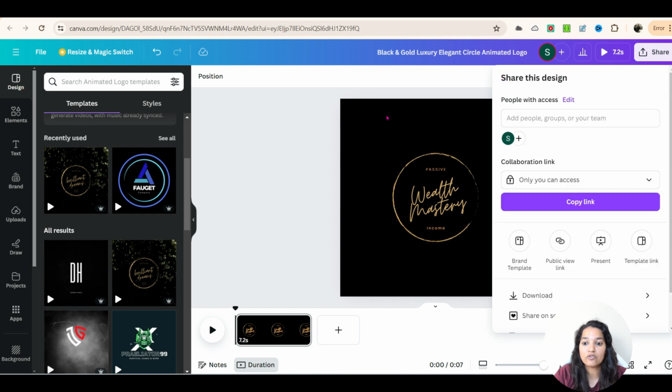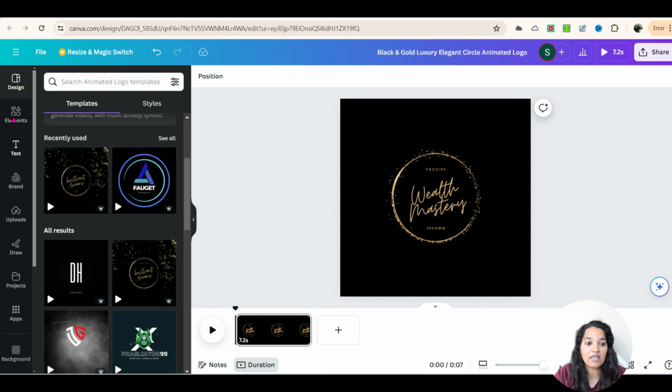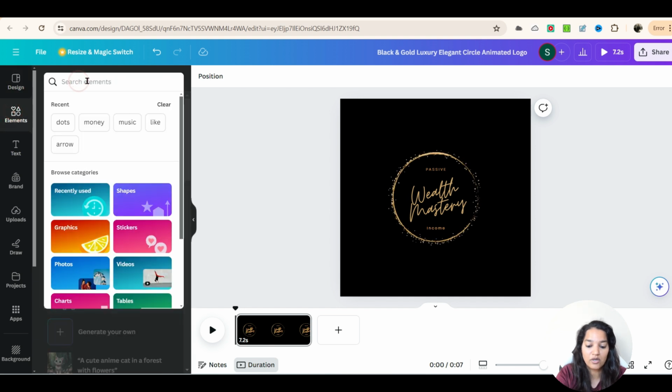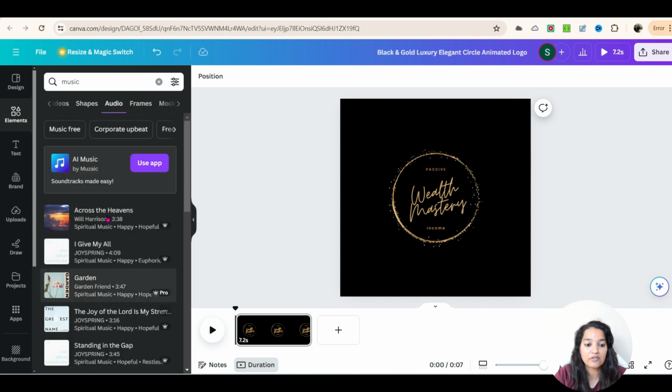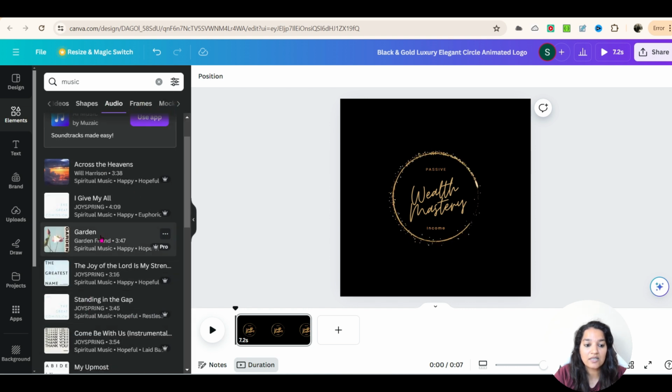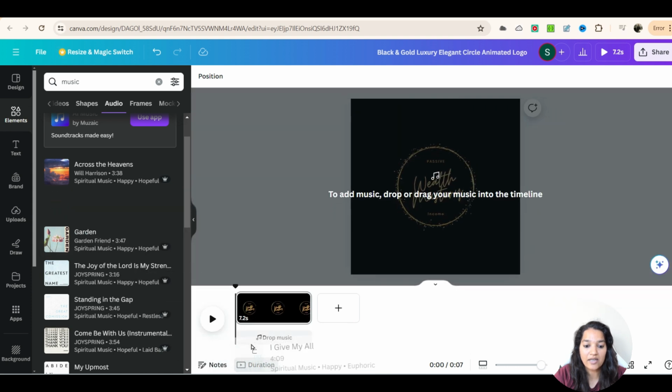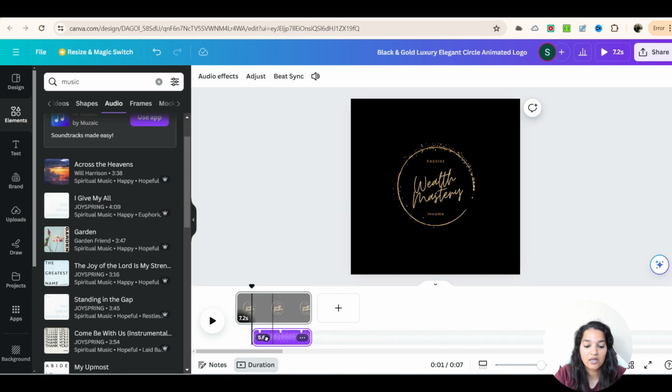Now onto this, if you want to add any music, same way we can do it earlier, we can go and look for music here and go over to the audio files here, and these are the different music that you can add. So let's say I like this one, or let's say we like this one. So I'm going to go ahead and drag it and drop the music over here, start from the beginning, and now if you play this,